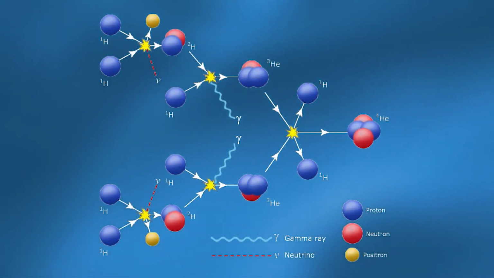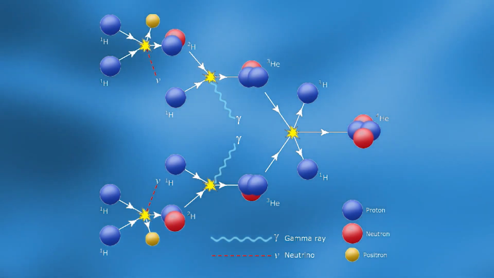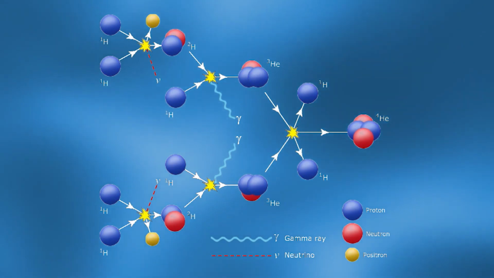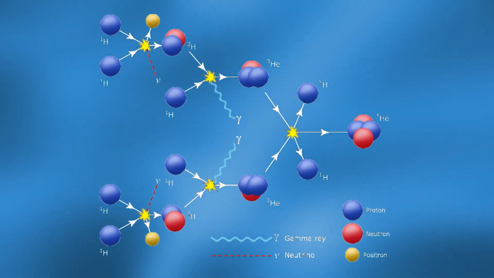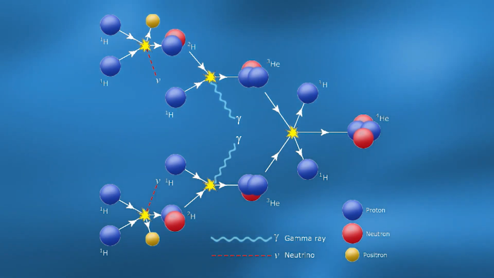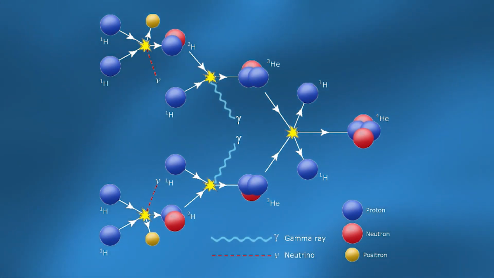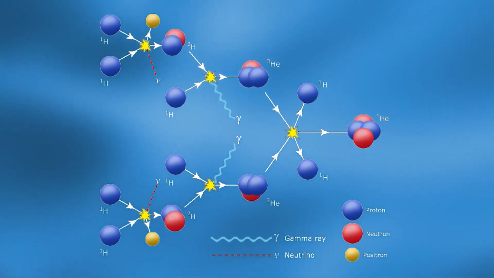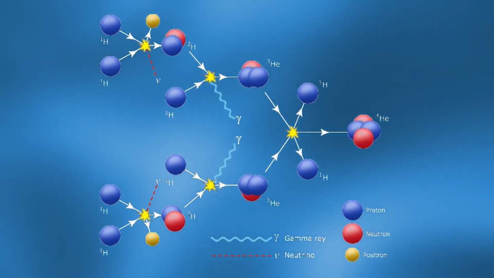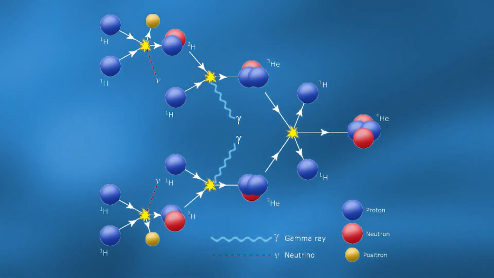If you're taking a look at all the details here, all of the protons that go in and out of the reaction are going to be pictured in blue. They're the big blue balls in this picture. The red is going to be the neutrons. So all the red balls in this picture are neutrons. They don't actually contribute to the atomic number of the particle, just the mass. The yellow are going to be these things called positrons. It's the antimatter equivalent of an electron. That's basically something that you can ignore.